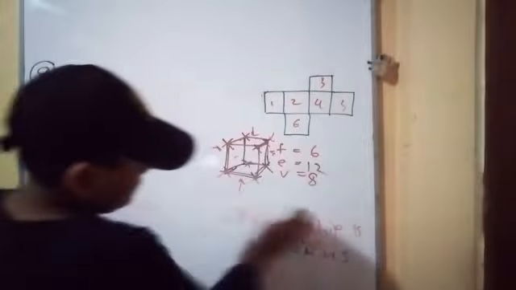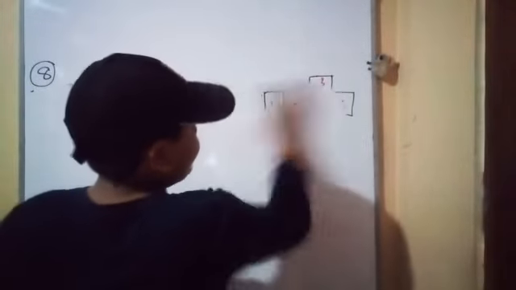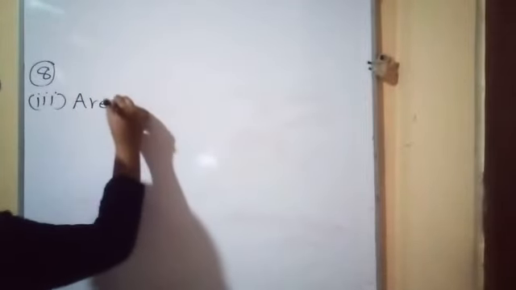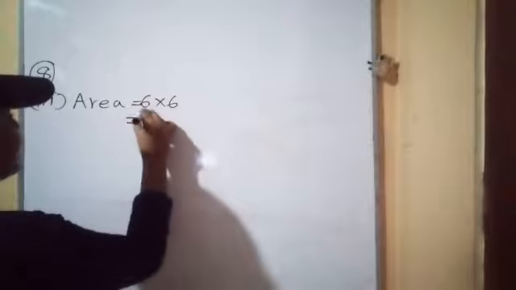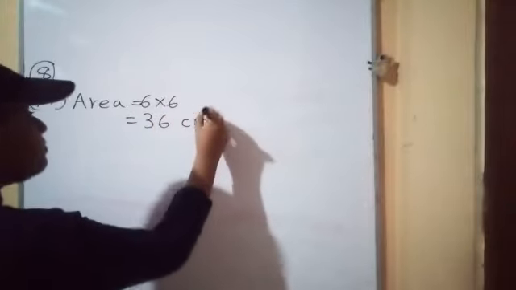If you made a mistake in some question, you can pause the video and check that. So, let's move to the third one. Obtain the total surface area of the solid by finding the area of each face. Now one side is given as 6 centimeter. That means 6 multiplied by 6, that is a square. 6 times 6 is 36.